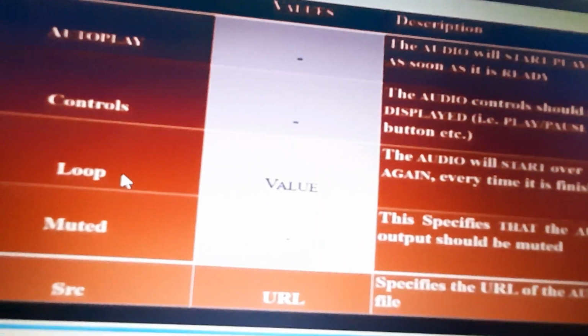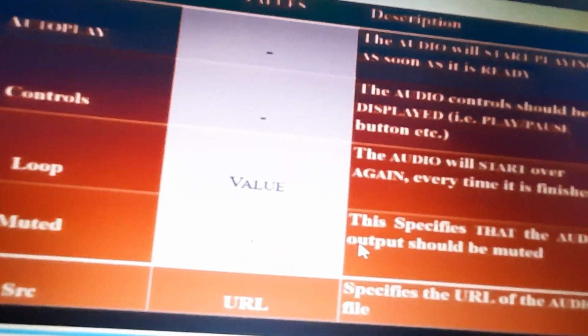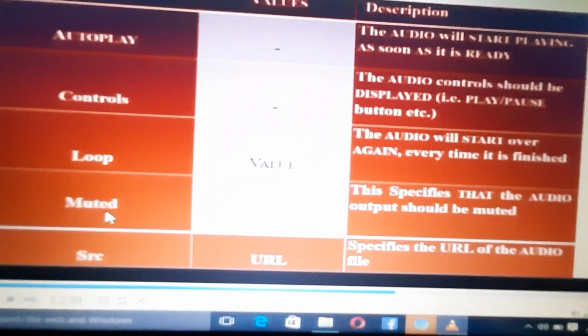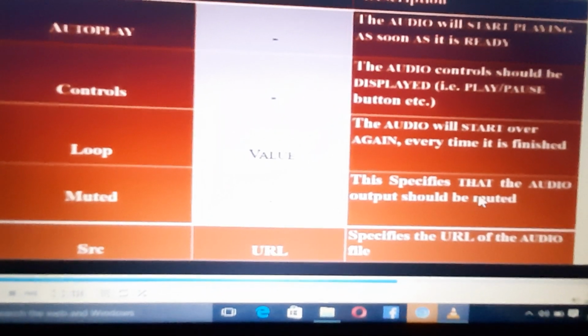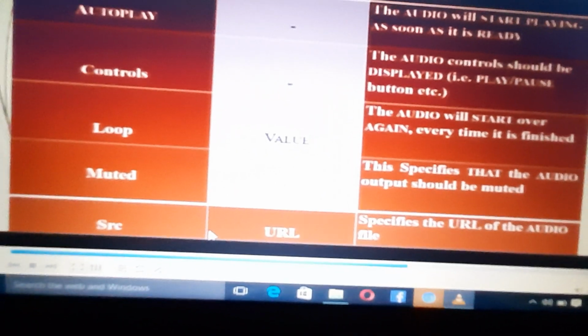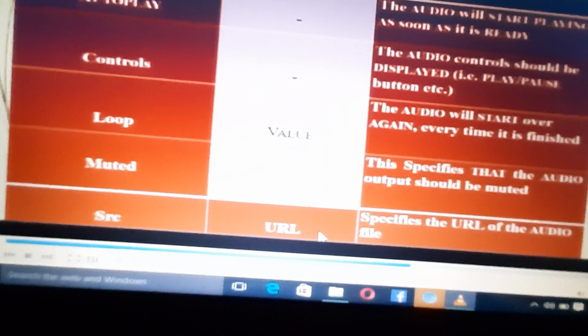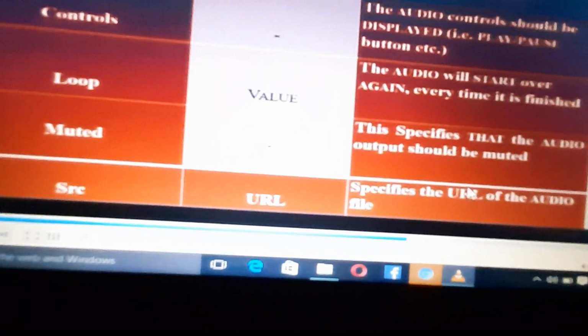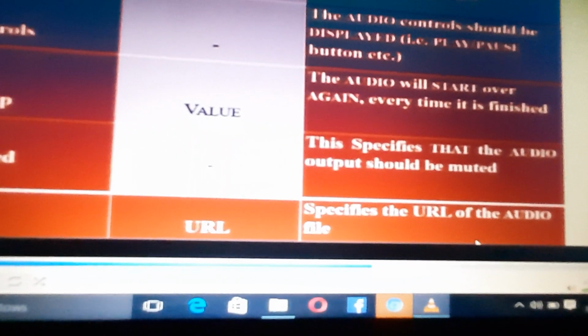Then next one is loop. The audio will start over again every time it is finished. Next one is mute. This specifies that the audio output should be muted. Then SRC. The value of SRC is a URL and it specifies the URL of the audio file.